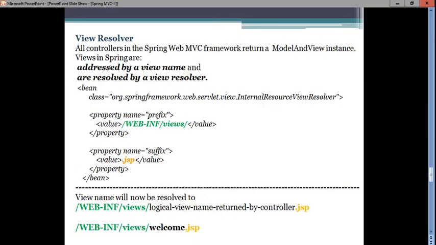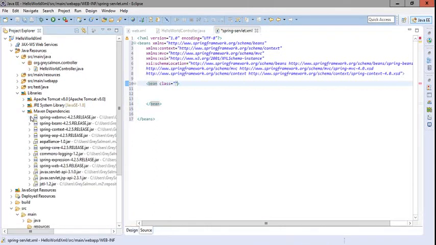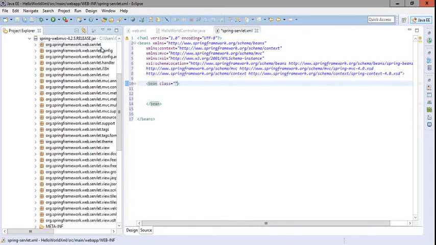Okay, now we come to this part and we will create one bean for the view resolver. Here I mention bean class is equal to. Again I can find this in the Spring framework web and the servlet.